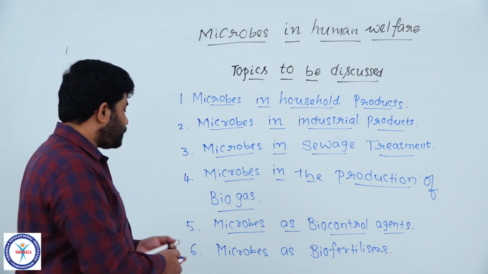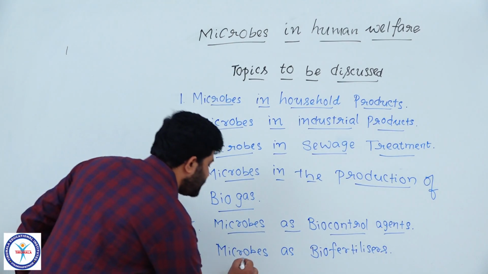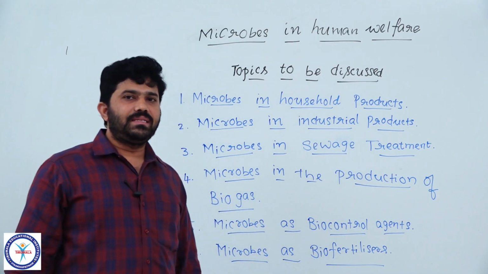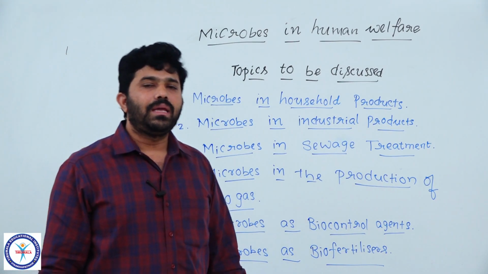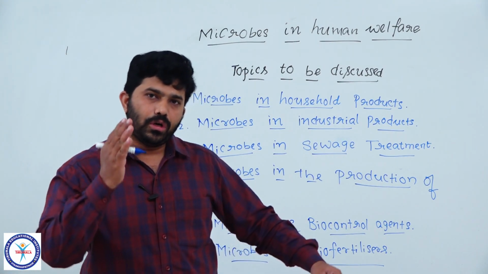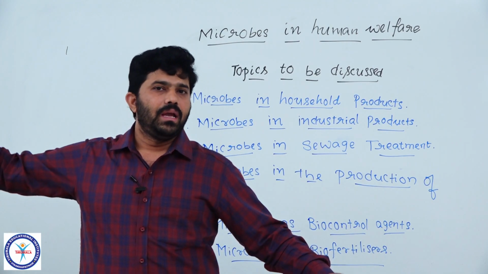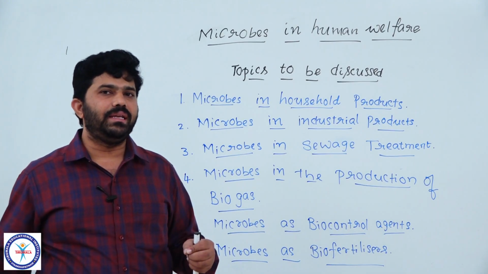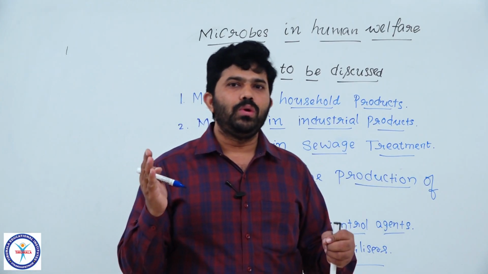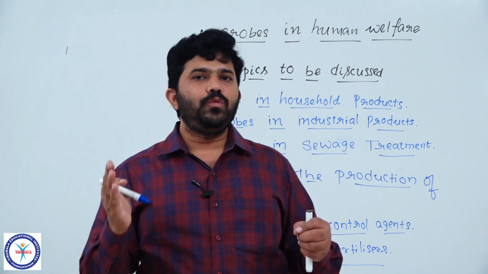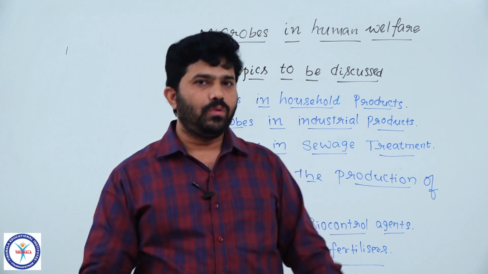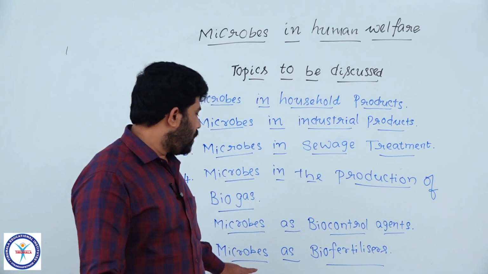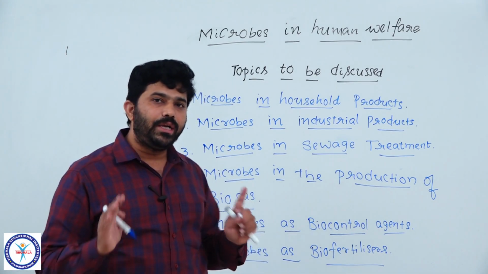Next one is microbes as biofertilizers, in the place of chemical fertilizers. If a farmer continuously uses chemical fertilizers, what happens? The complete fertility of the soil is going to decrease. Then it is not useful to sustain the useful flora and fauna in the soil. So in this situation, we go for the usage of microorganisms which are going to increase the fertility